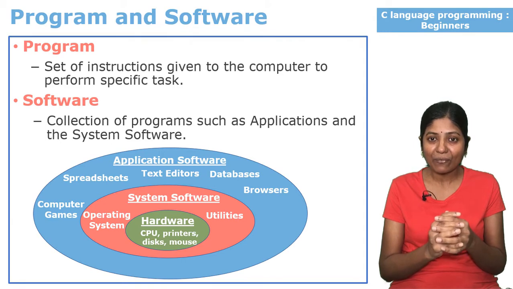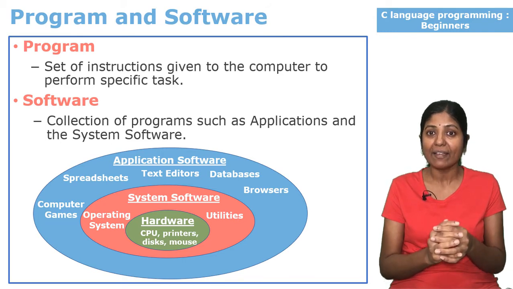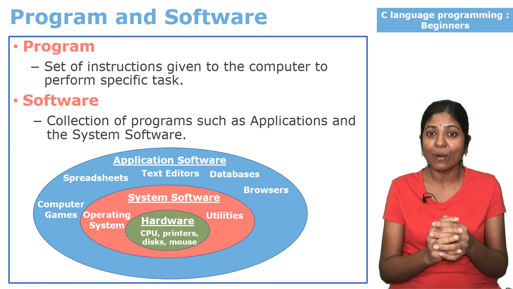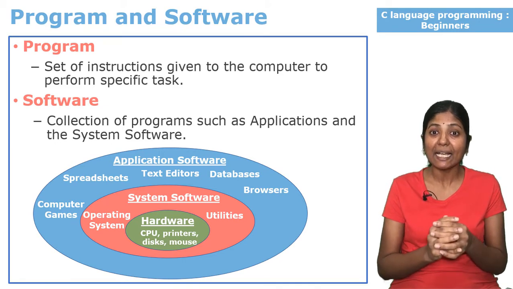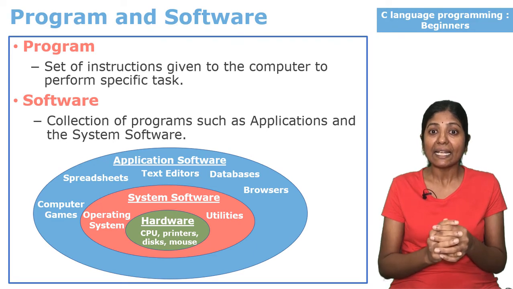Using system software, we will interact with the computer hardware. It means system software will operate the hardware, and using application software, we will interact with the system to perform